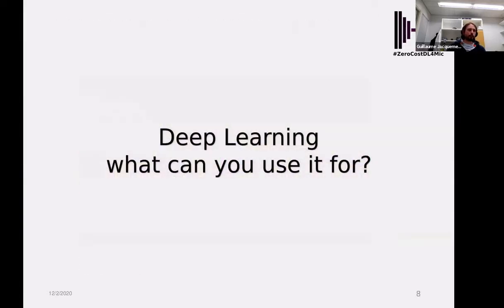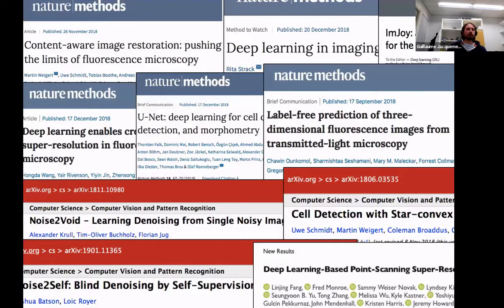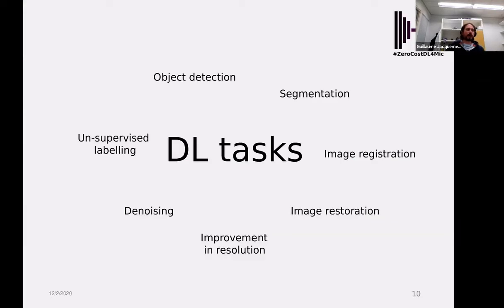But what can you actually use it for? In recent years, there's really been an explosion of new methods and papers describing how deep learning can be used to analyze microscopy data. And here is just a small subset of them. Deep learning methods really cover almost anything you can think of in terms of microscopy image analysis, from object detection and segmentation, image registration, restoration of images and denoising, improvement in resolution and super resolution, as well as labeling. And I will show you an example of some of those